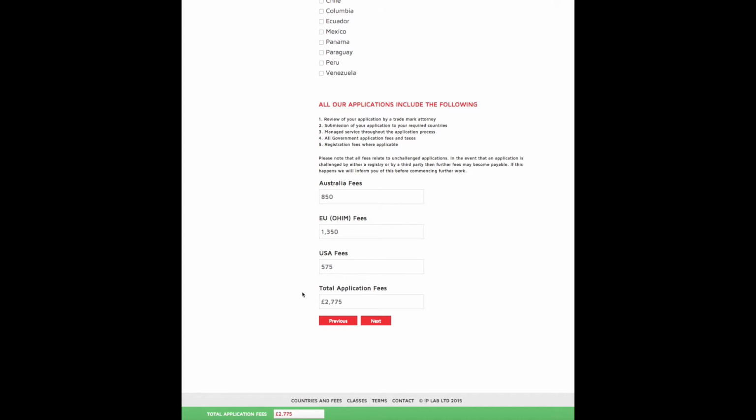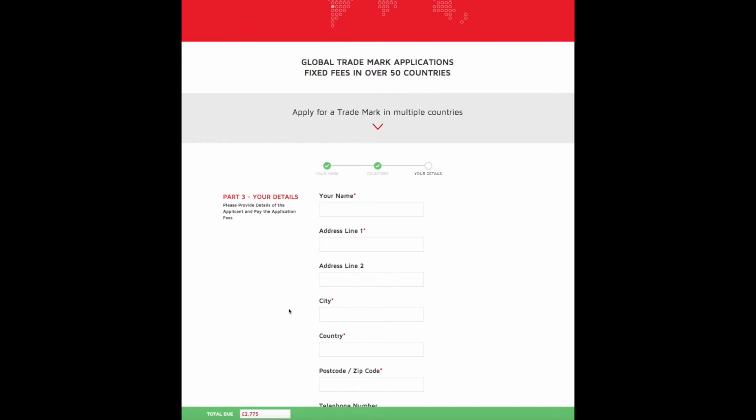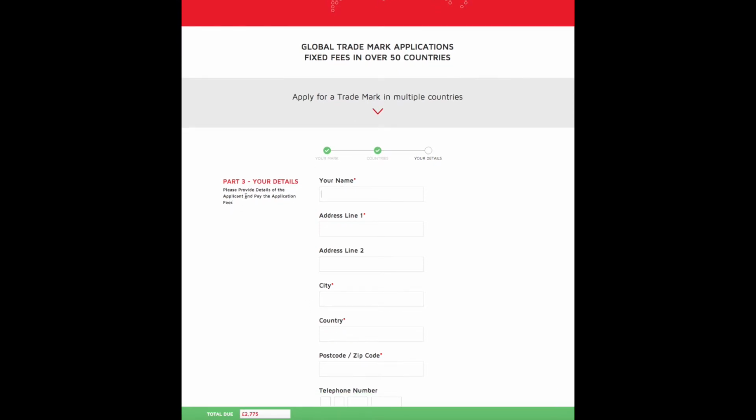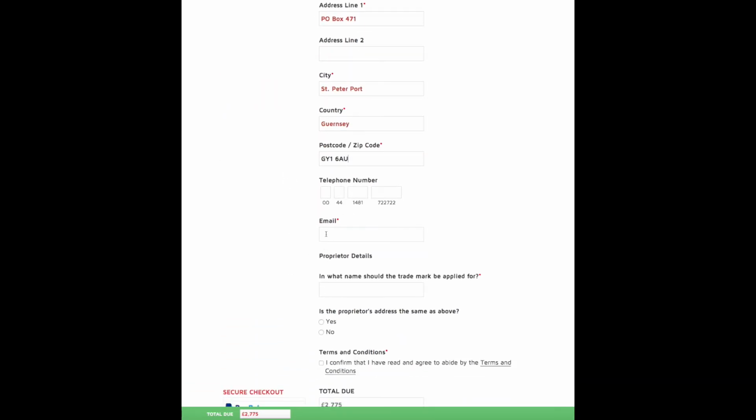So right from the start, it's very clear what the total is, and we've broken that back down into the various countries that I've ticked there. And that's it for the country page. We just need to go and fill in our details on the next page. So this is details of the applicant. So I'm going to put in here the applicant's details and the address, and the postcode, and an email contact address,